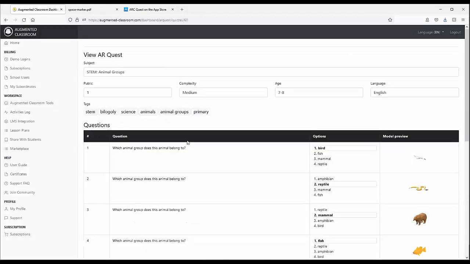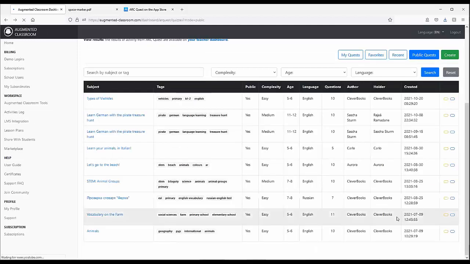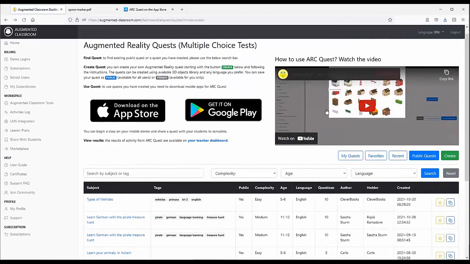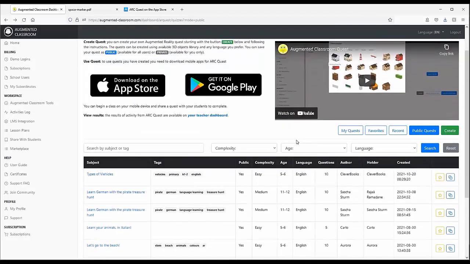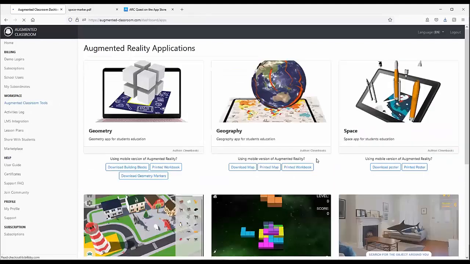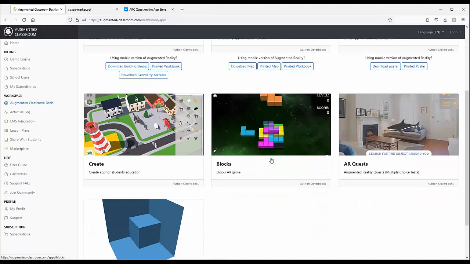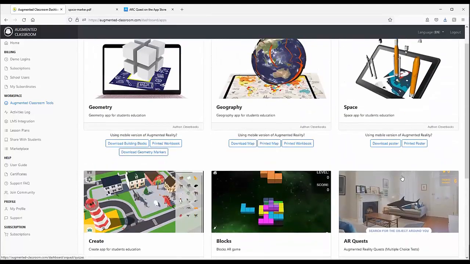If you have any questions, you're welcome to reach out to us, but there are quite comprehensive instructions on how you can facilitate this activity and create your own quizzes. So this wraps up almost all the opportunities that you have as part of Augmented Classroom. There are some new exciting things coming up in the next couple of months, so keep up to date and see how you can use that in your class within the 14-day trial account,